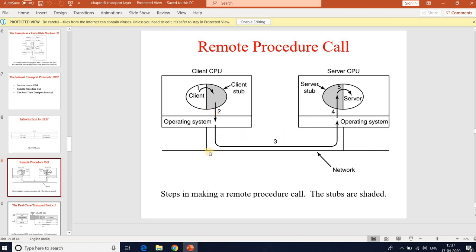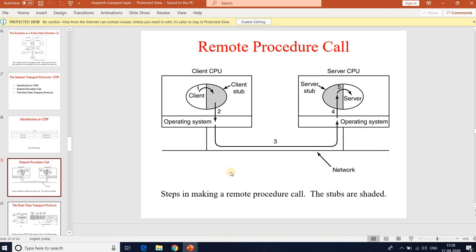When a process on machine 1 calls a procedure on machine 2, the calling process on machine 1 is suspended and execution of the called procedure takes place on machine 2.